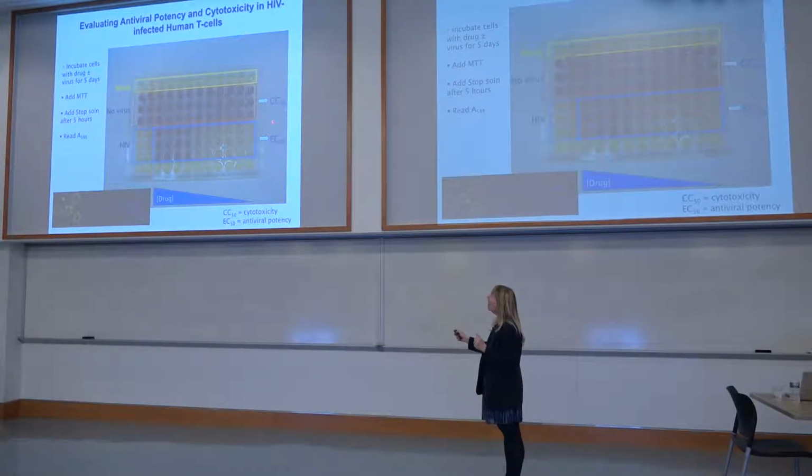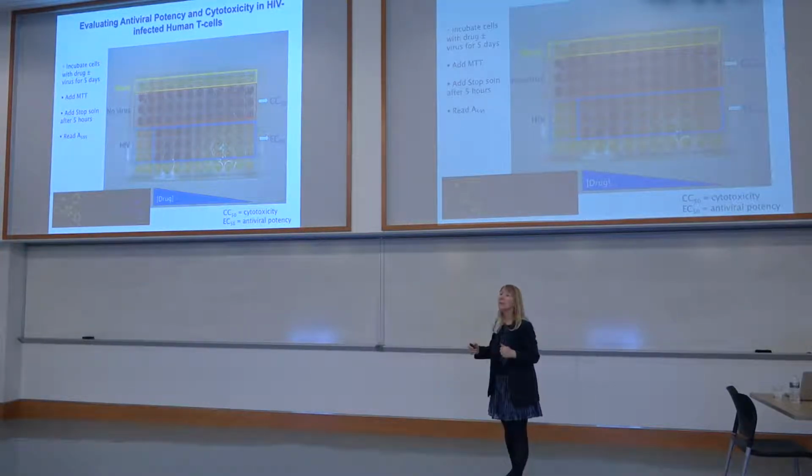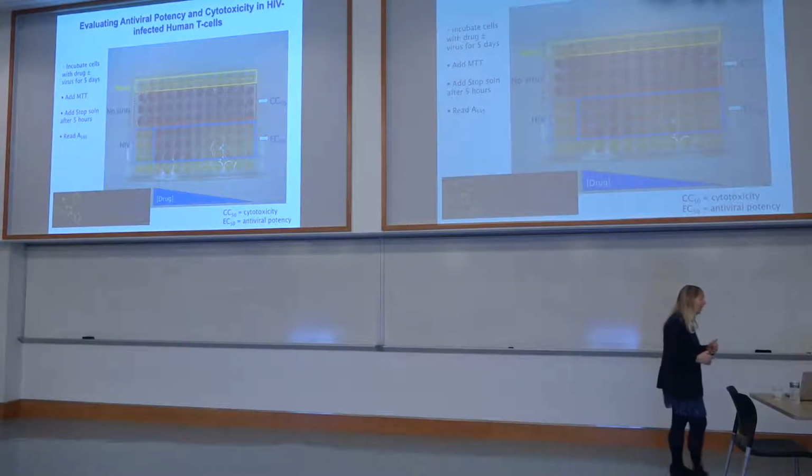If we do it without virus, this gives us an overall measure of cellular toxicity, which is important. We don't want something that's very toxic. And when we can rescue the cells so that the HIV is no longer killing the cells, we get an EC50 value, and we really want to look at that ratio between the EC50 and the cellular toxicity, or the therapeutic index. And we get really excited when we incubate our plates for several days, and we see purple not only in this row, but purple here, and then maybe we would even have to dilute that out. We get very excited, and that tells us that we have a potent compound.